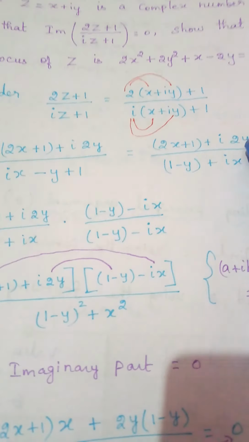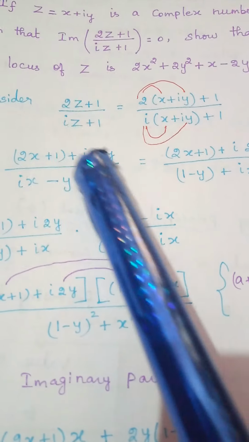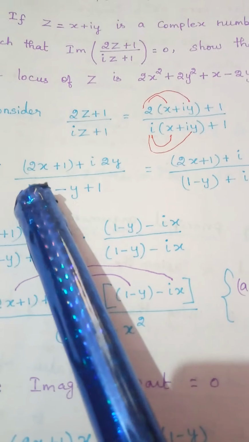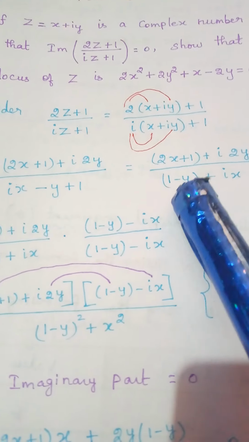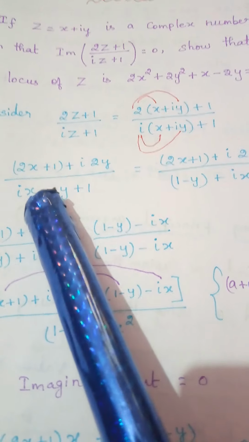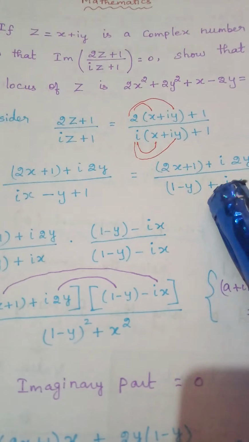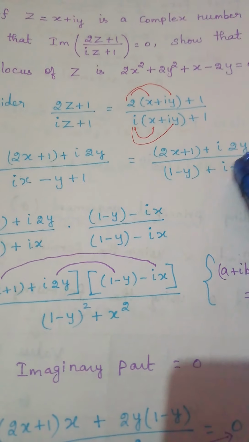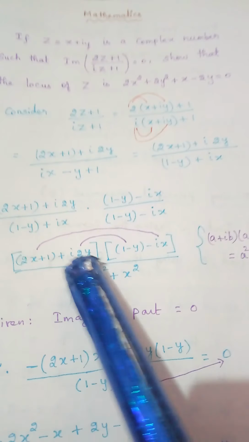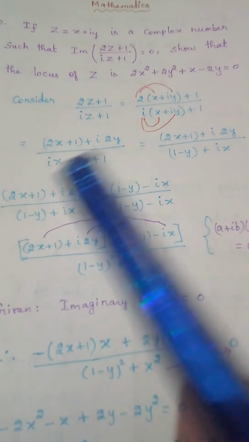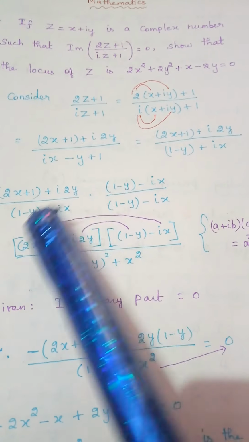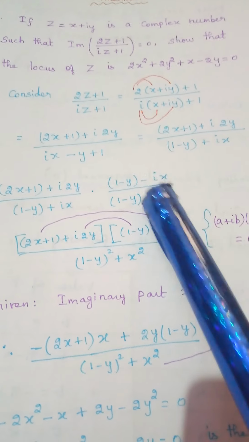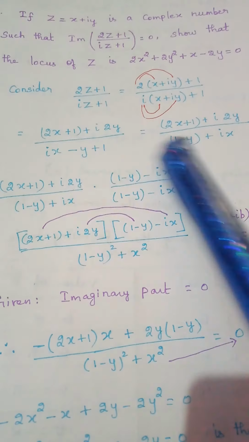So the numerator is written here. In the denominator, these two are real part because they don't have i. Only this is imaginary part. So I am writing this as 1 minus y is real part plus ix is imaginary part. In the next step, taking the conjugate. Taking conjugate means I am writing this entire thing here into the denominator, and if plus comes you change the symbol to minus. This is called taking conjugate.